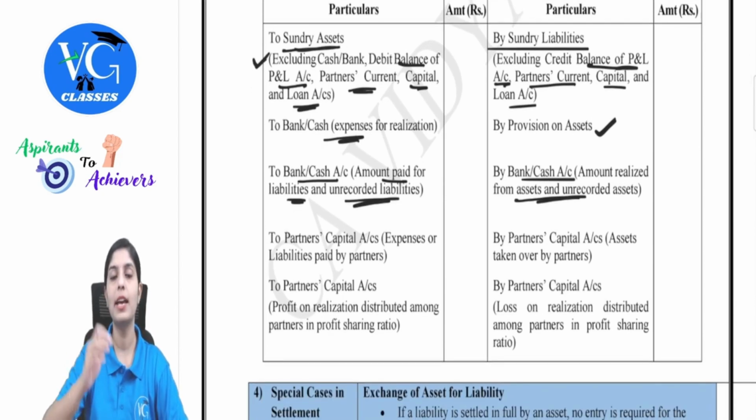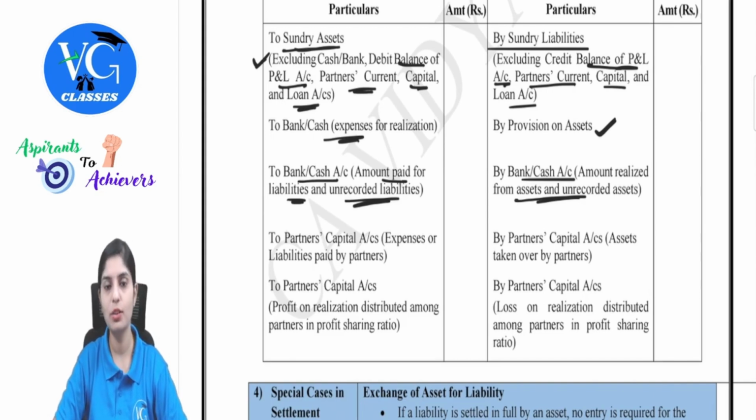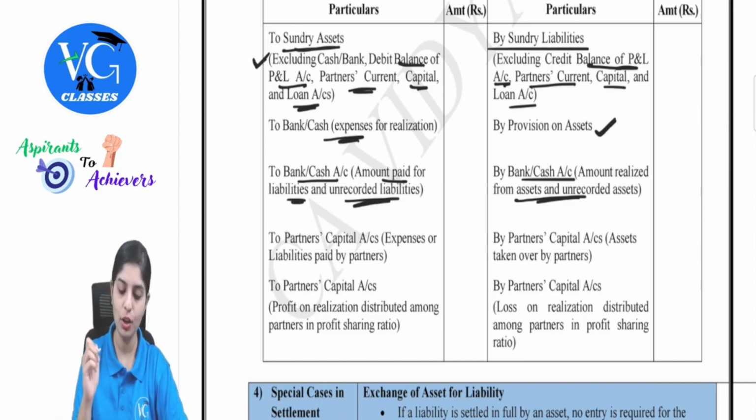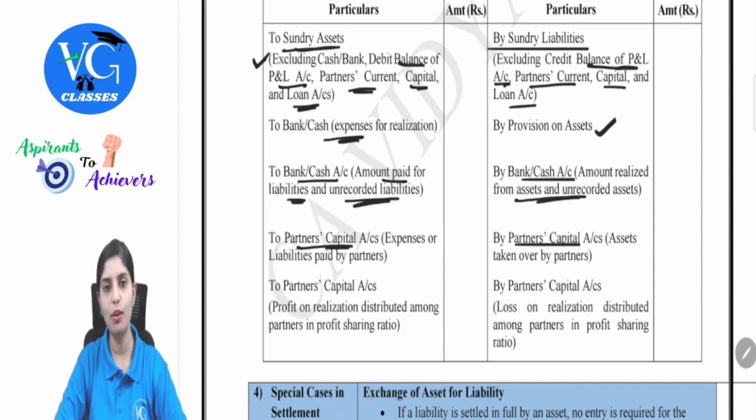Also, one more thing, there could be some transactions wherein the assets are taken over by a partner. So that is also impacted in realization because ultimately the asset is sitting in realization. So if that is the case, it goes by partner's capital account. If the liability is paid by partners, it goes to partner's capital account. So after considering all of this,